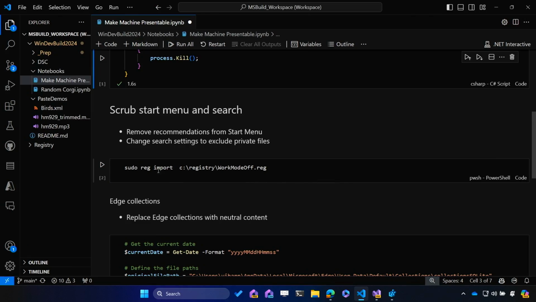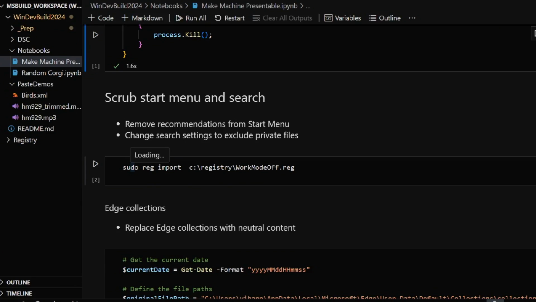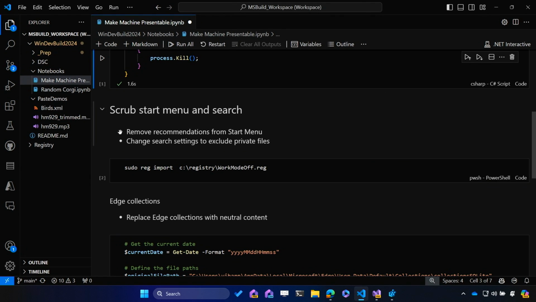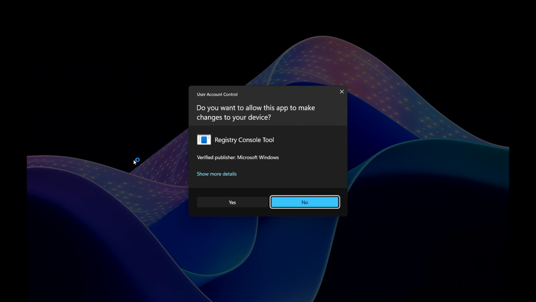So in this case, I want to use C# because I just want to. But then down here, I'm going to use sudo and do an import of a registry key where I have all those registries cleared. If you haven't seen some of the announcements, we have added sudo to Windows. So I want to run this as an administrator. I don't necessarily want to elevate my entire notebook and everything. So I'm going to go ahead and run this. It's going to pop up and ask me for the permissions, and I'll hit yes.